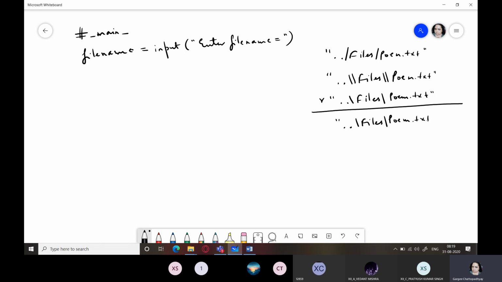But that depends. I had practically seen one question where one of the functions accepted this, but in the other function I wasn't getting the answer till the time I changed this to a single forward slash. So sometimes it might accept and sometimes it might not. So you have these 3 ways in which you can specify the path of the file.